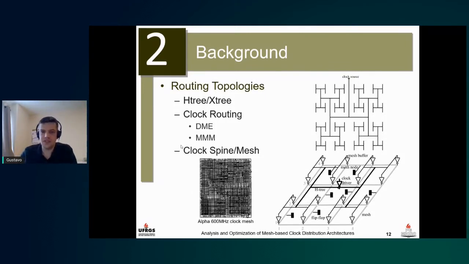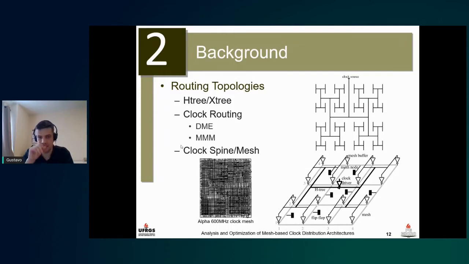So there are multiple ways we can design the clock network. There are multiple architectures. The most common ones are clock trees and clock meshes or clock spines. Clock trees started traditionally as H-trees, which were basically a routing topology that would guarantee the same wire length from a clock source all the way to each clock sink in the design,